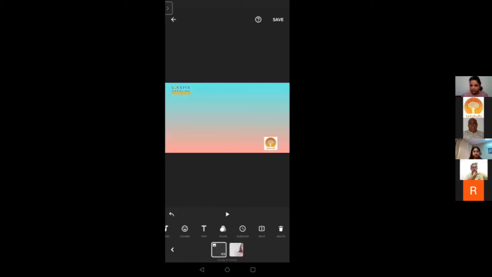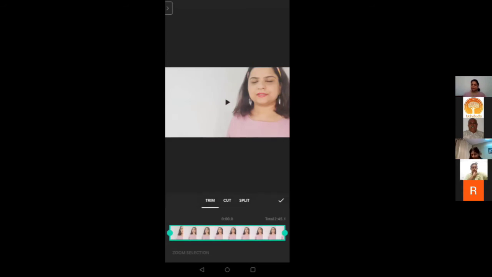So select that. Like, I want to cut the video. Go to pre-cut. Select it. You'll get 3 options. Trim, cut and split. Okay? Now trim is the option where you just have to cut the video from the front and from the back. You have to just trim it down a little because of certain errors in the beginning or at the end. Use the trim option and just hold it.